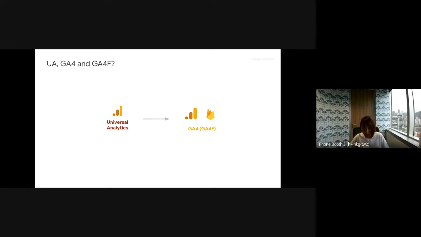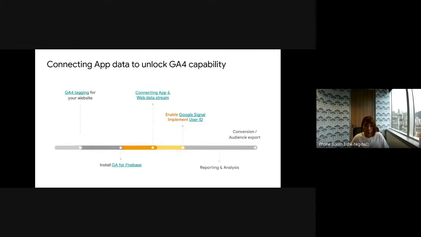And this is important because when we talk about setting up your app measurement for GA4, if you also have web, it's very important to think about how you put web and app together to enable your measurement. So if you have web, this is what we suggest for the overall setup process.